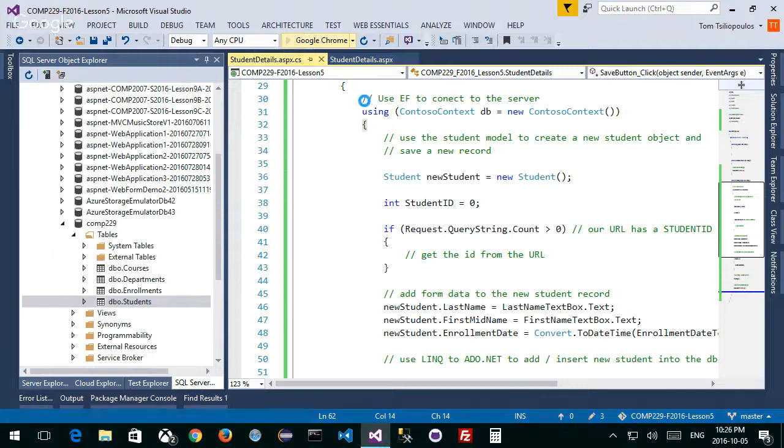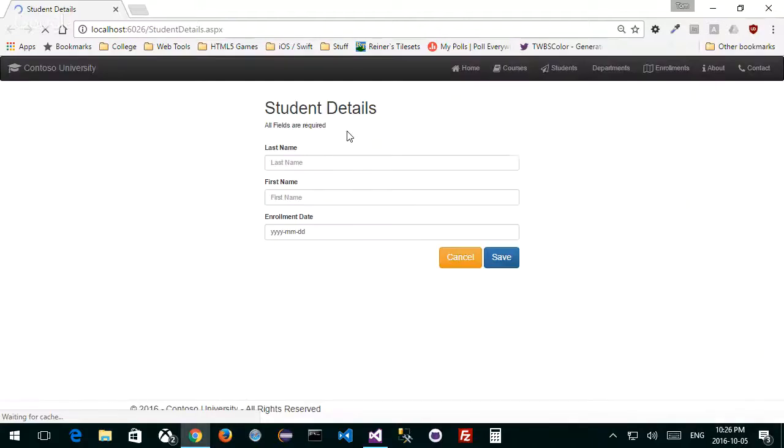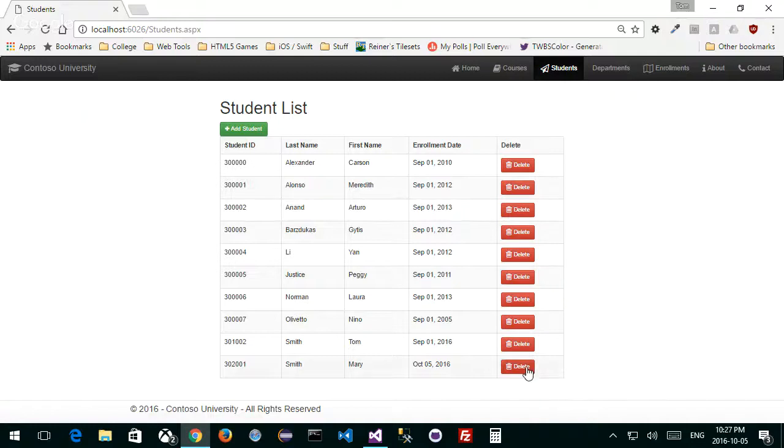Let's run this thing and delete. Here's a problem too. I'm going to ask my friends here, right? Rudvik, yeah, hi. Are you alive? If I go back to students, I want you to tell me from a design perspective, is this okay? What do you think? Is that okay from a design perspective for me to be able to do that? Should I ask, are you sure? I mean, I can delete this whole table if I want, and nothing's going to stop me.